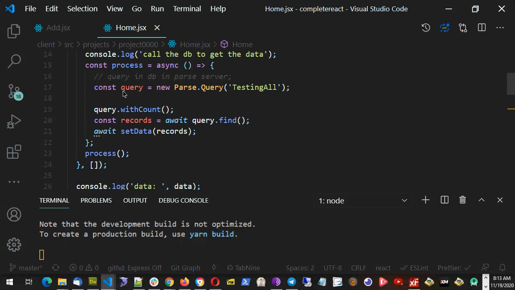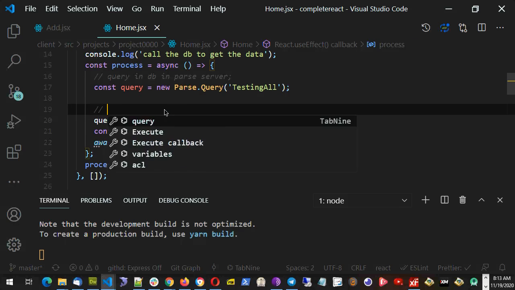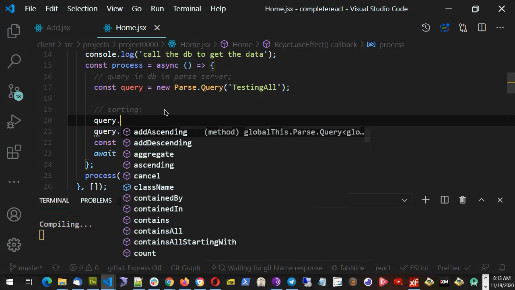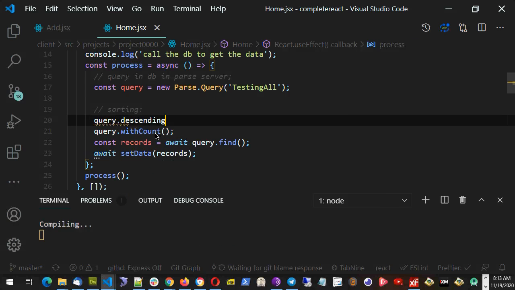In the query, I can say query dot. If I want to do ascending, I will use ascending. Since I want to do date descending, that is, the newest post should come at the top, I will use descending,